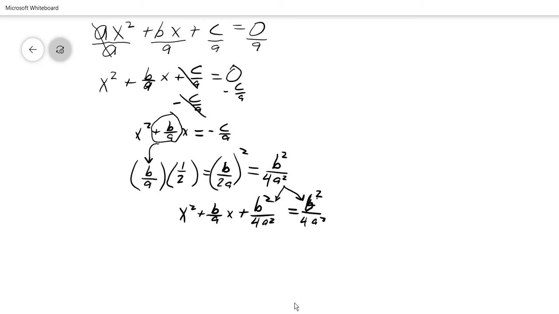Going to go for the eraser. I'm going to put it on the left side of the negative c over a, just because, well, you'll see why when I finish. B squared over 4a squared, and then I'm just going to bring down that negative c over a. It was already there. All I did was just wedge this b squared over 4a squared in between the equal sign